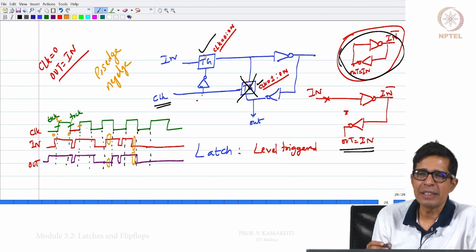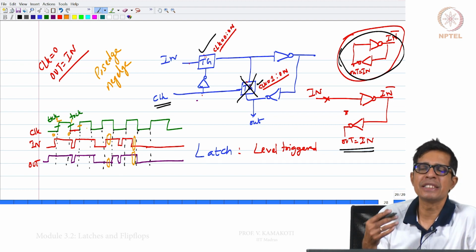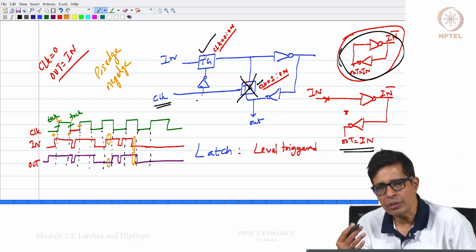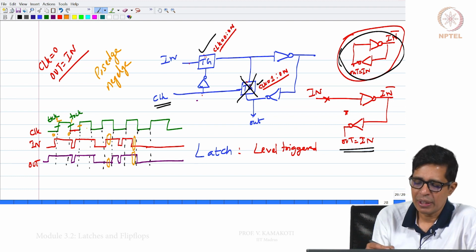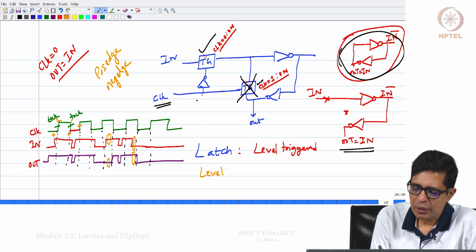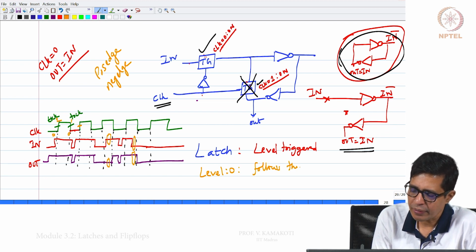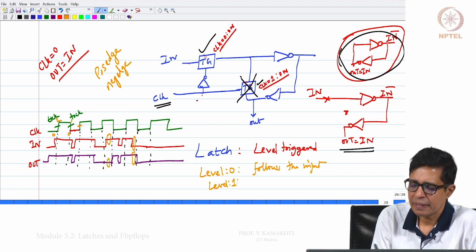Whether this element is remembering or not depends on the level of the clock. Level equal to 0, it follows the input, and level equal to 1, it remembers the input.